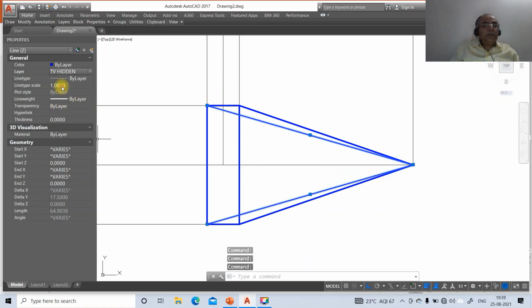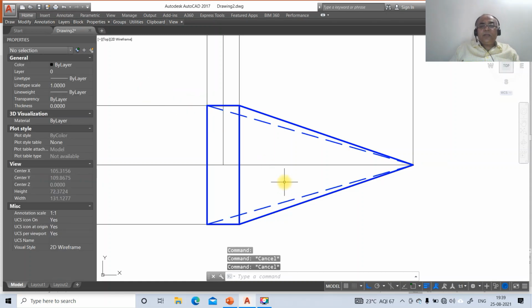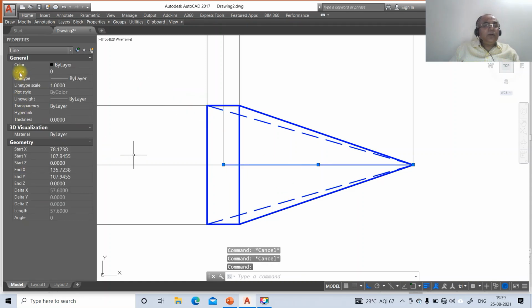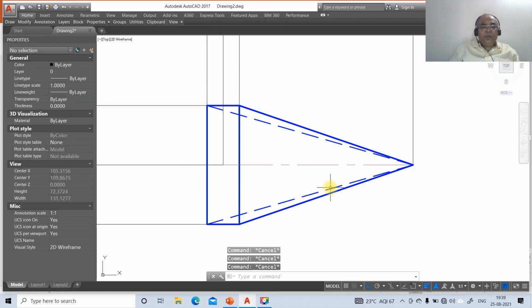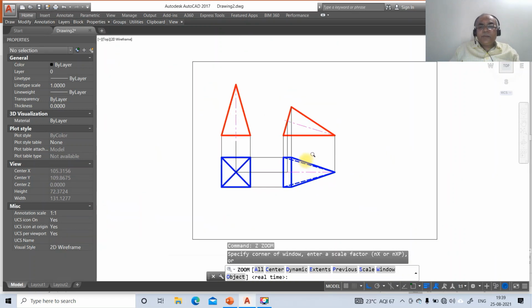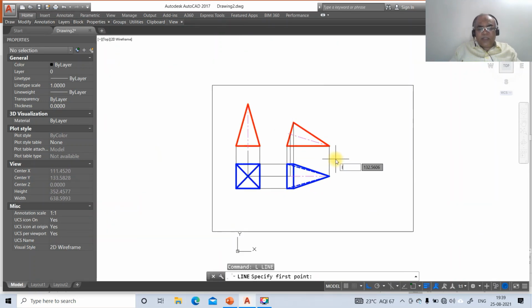So once you do that, now you're going to have this line, go to layer, take this as axis layer, and then go to 10. Then go to zoom previous. So now you just go to line, take INT of this and draw a horizontal line here. Similarly, line INT of this and draw a horizontal line here. Then go to line, select this and draw one more horizontal line.